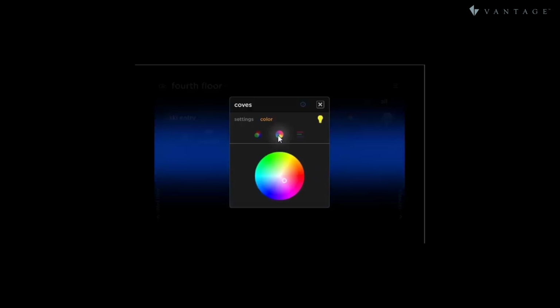The second device is a color wheel. Now, if you tap a point on the wheel, the light will change to that color selected. Now, the change only happens upon a release, so if you were to drag that indicator, nothing's really changing until we release it. The third device